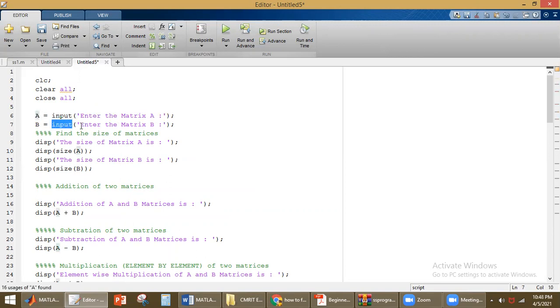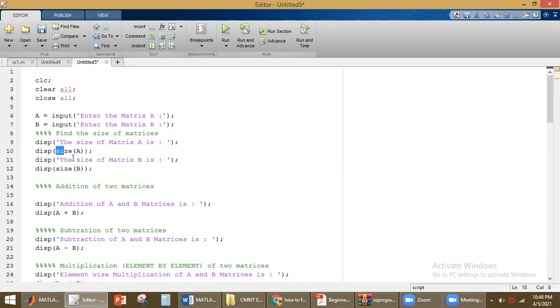Here this text will be displayed in the command window. It will wait for the values for B. Once we enter the values, that will be assigned to B. And disp is the command that is used to display the text here. Whatever text we are writing will be displayed when we use disp.